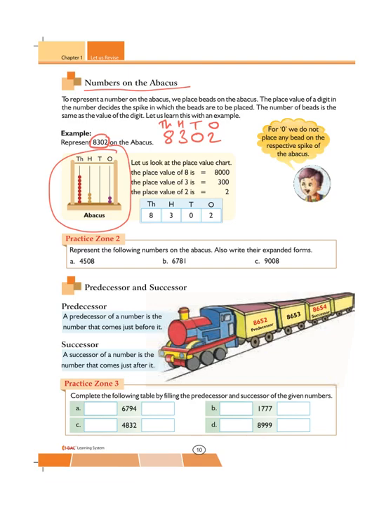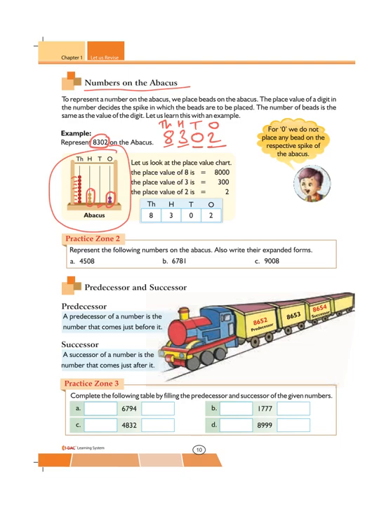If we write the number here, we have thousands place, hundreds place, tens place and ones place. On ones place we have the number 2, so they have put 2 beads on ones place. Then on tens place we have 0, so they have not put anything. Then on hundreds place we have 3, so they have put 3 beads. And on thousands place we have 8, so they have put 1, 2, 3, 4, 5, 6, 7, 8 beads. So the number is being represented graphically with the use of an abacus.